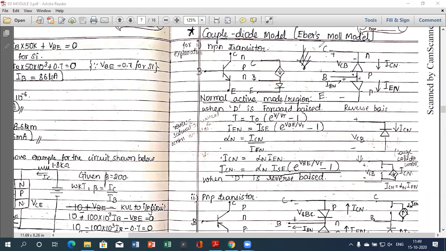If you understand up to ICN, and how I replace this transistor by a current source and a diode, and how I wrote this equation, the collector current of this transistor in terms of the current source and a diode, just put a message in the chat box so that we can move on to the next one and complete this explanation. Do it fast. If you want me to repeat, I will repeat again. Otherwise, if you understood, we'll move on.